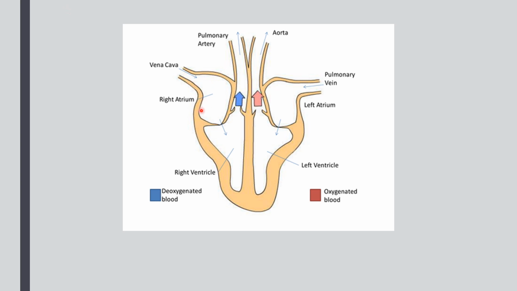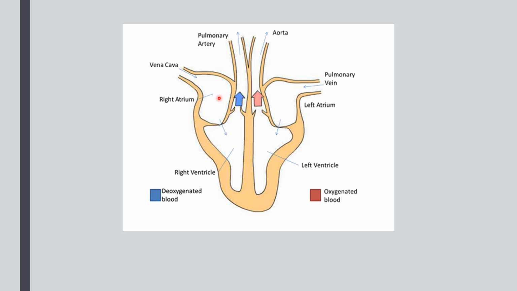You will find that the atria have thinner walls. These are the walls of the atrium or the auricles. So the atria or the auricles have thinner walls because their main function is to receive the blood from the different parts of the body and pump the blood from the atrium into the ventricles. Okay, so from the right atrium the blood will go into the right ventricle, from the left atrium the blood will go into the left ventricle.